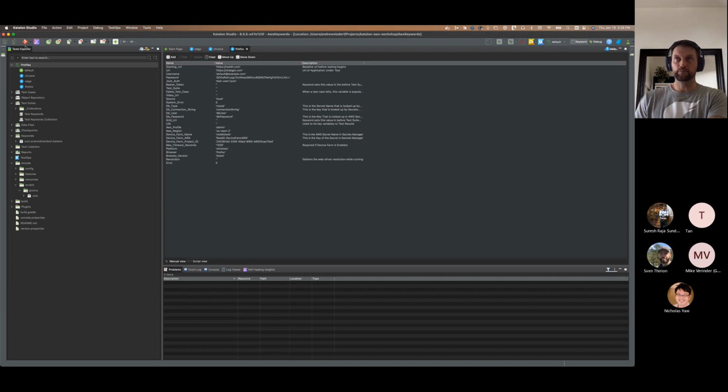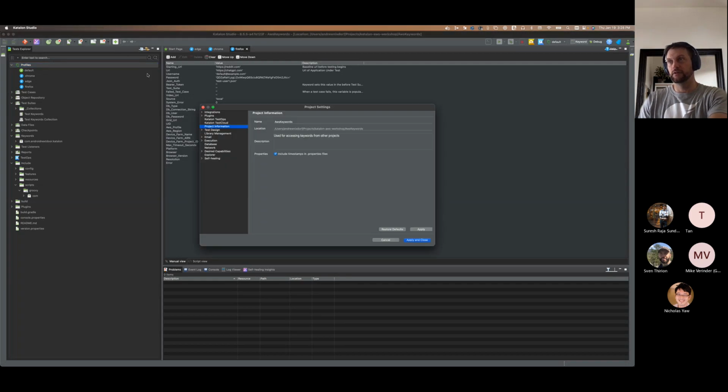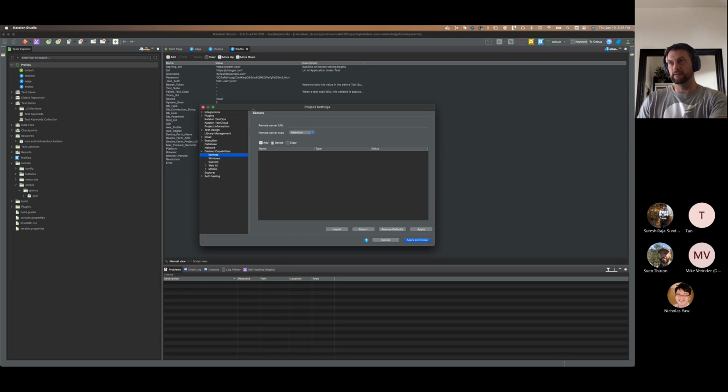So I have a project, right? And in this case, this is my keywords project. This is what I'm using to build my AWS keywords. And inside every project, you have settings, right? And inside your desired capabilities, you have a desired capability for your remote URL, right? And so I could set up some sort of remote URL for a general URL. I can go into my account here,